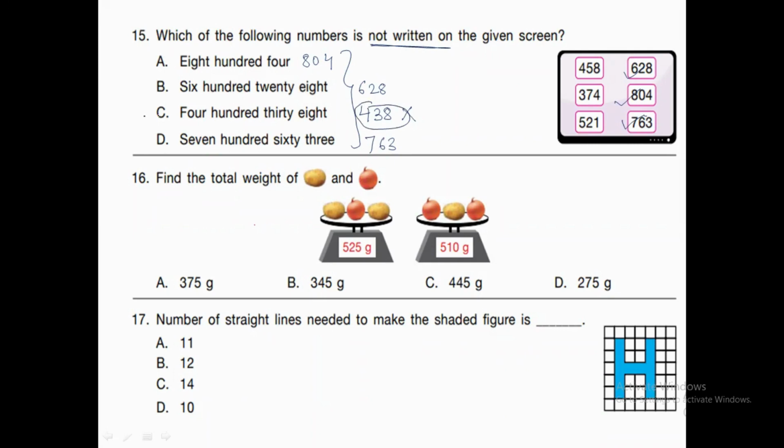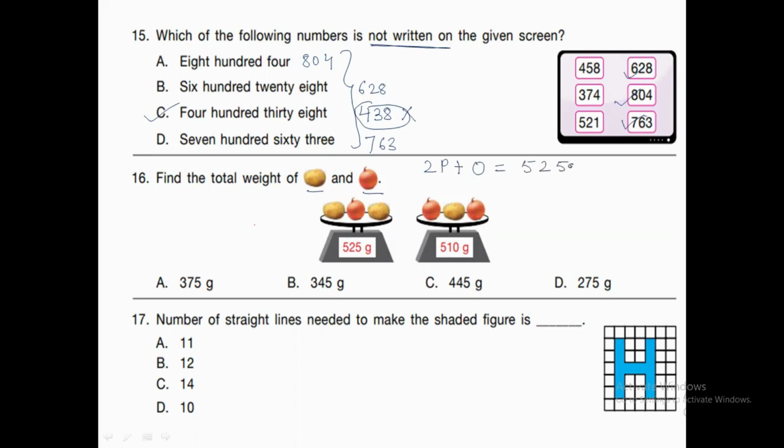438. So that's why option number C, which is 438, will be our correct answer. Understood? Now let's move to the 16th question, where you need to find the total weight of one potato and one onion. In the first balance, two potatoes and one onion weigh